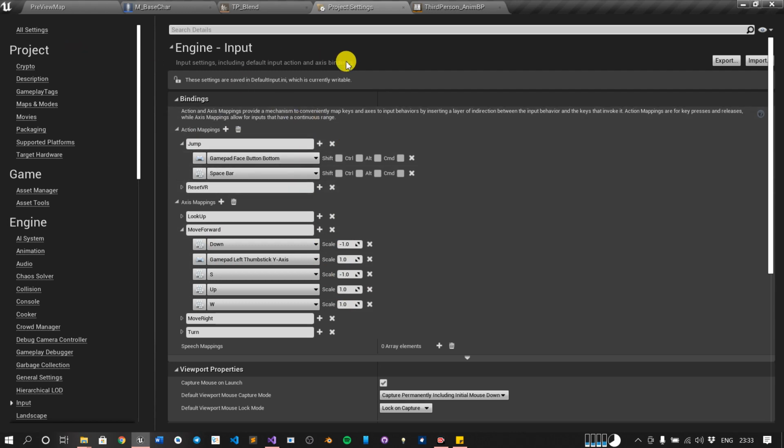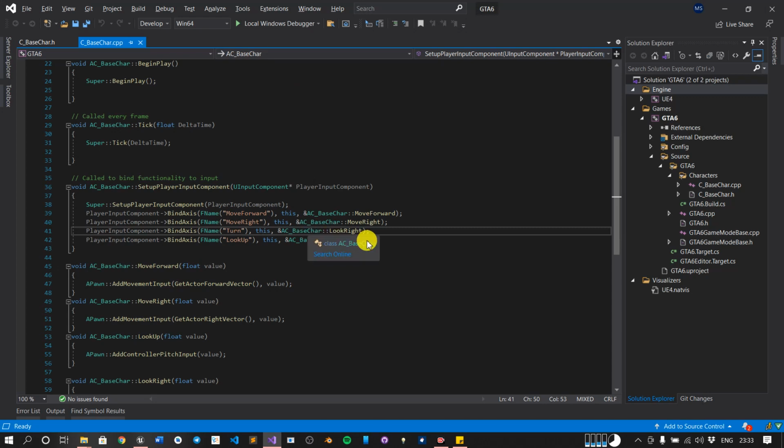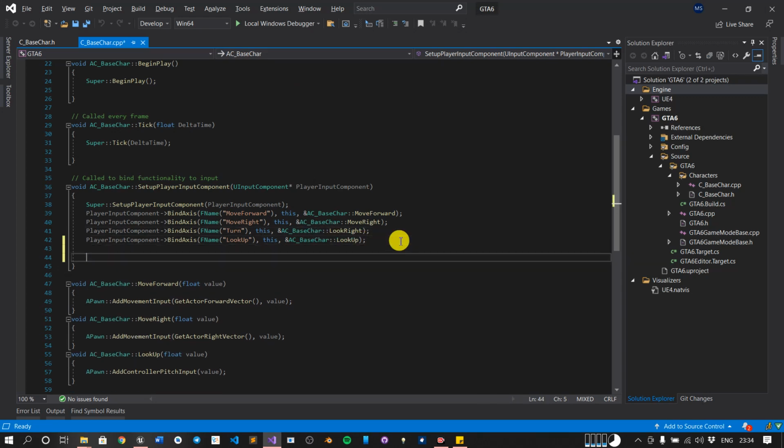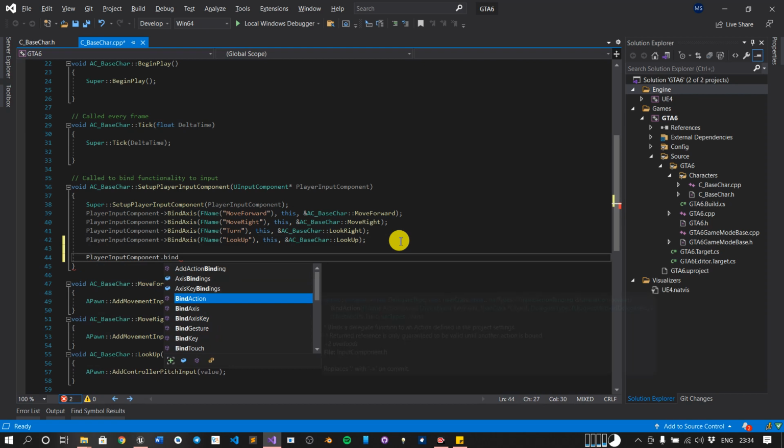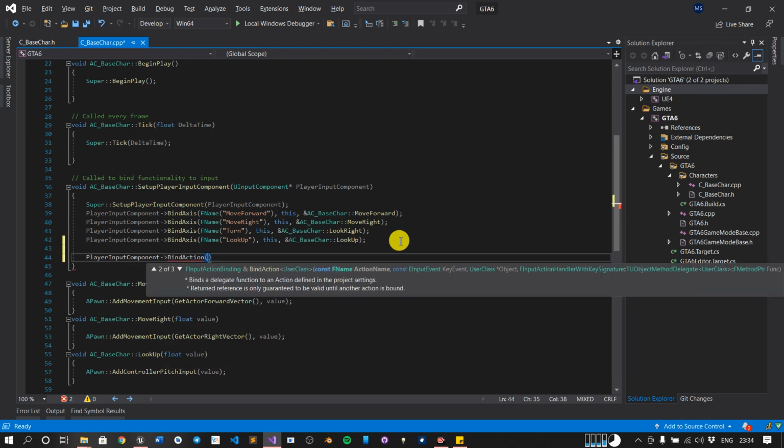So how will we do it? First, the same player input component, bind action. Just look at this declaration. So we have to choose from it.